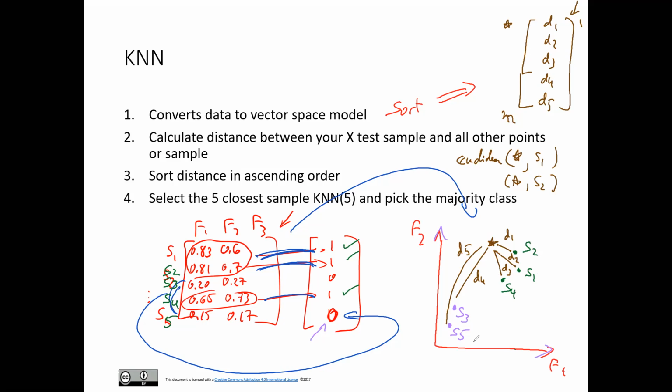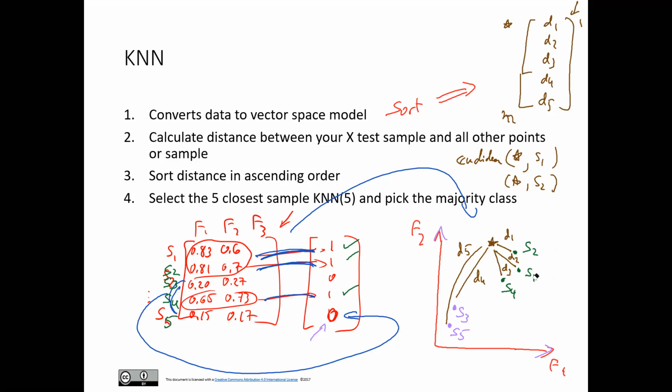Is it most likely to be green or most likely to be purple? Green. Green, right? Exactly, because intuitively, just by looking, these are shorter distances and these are further away. And so therefore, I pick the top 3,